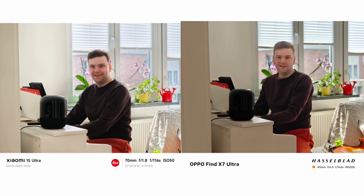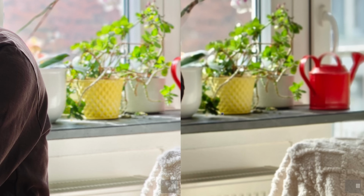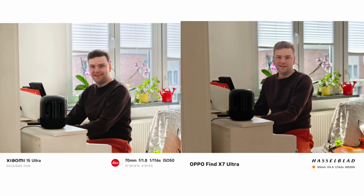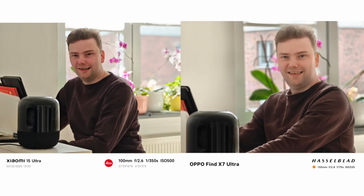And also, yeah, some of the bokeh things look a bit fake on both there. They don't have the best there, but doing in general a good job. We have this slightly overexposure again in the background, where the Oppo is simply doing a better job. Here you can see the couch is still in focus, where here it is not in focus, or something like this, that you can see there. So I'm leaning towards the Oppo a bit in terms of this portrait shot here,